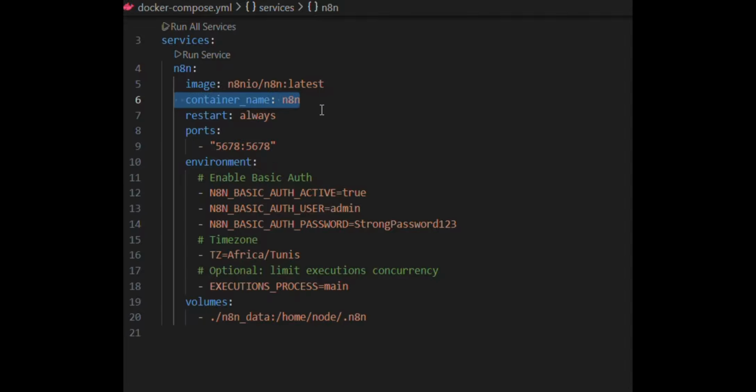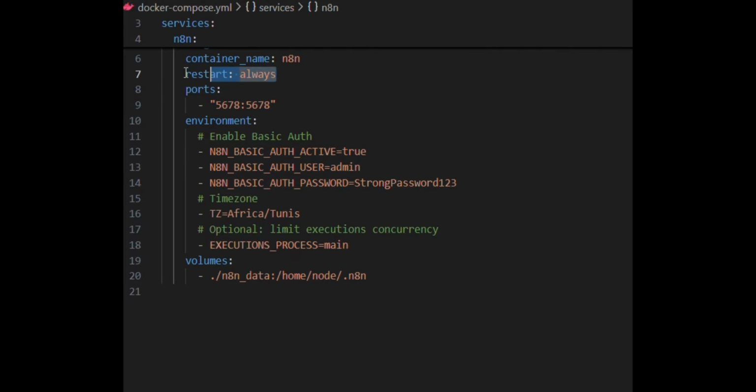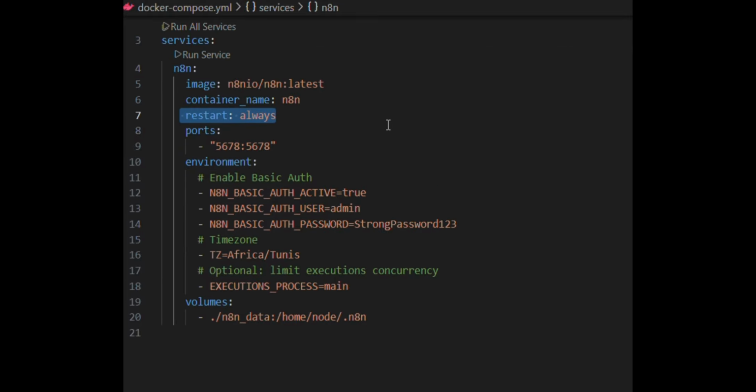Without this, Docker auto-generates random names. Restart always tells Docker to auto-restart n8n. And for the port, it tells it that you always have to run n8n on this exact port, which is